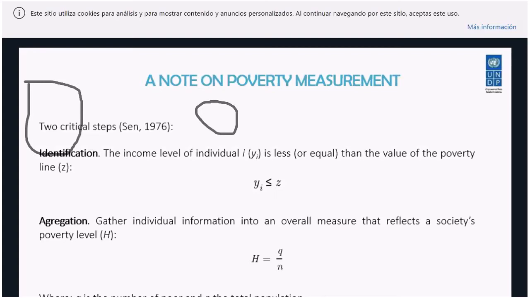Okay, we need the per capita income, or the income of each individual, or the per capita consumption. And this is an important issue. It seems quite obvious, but sometimes people get confused about the per capita term. It is not about this Y, which represents the income. It is not about the personal income that each individual earns, right?